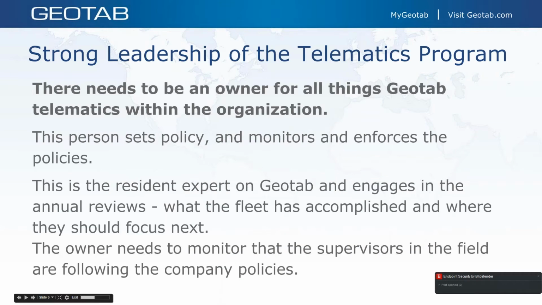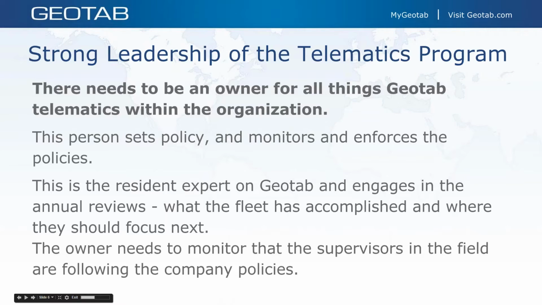Now, we talk about the installs. I want to talk a little bit about the deployment strategy and the thought process inside of the fleet. Telematics is a lot like a gym membership. If you buy it and you don't use it properly, you're not going to get the results that we're looking for, right? So it's important to understand that inside of the fleet, there needs to be an owner